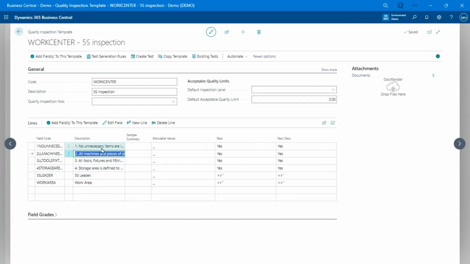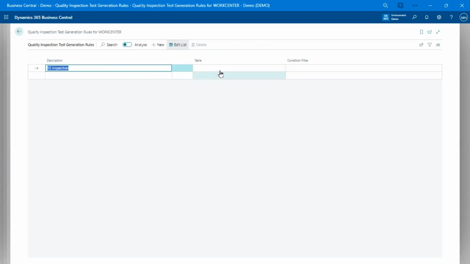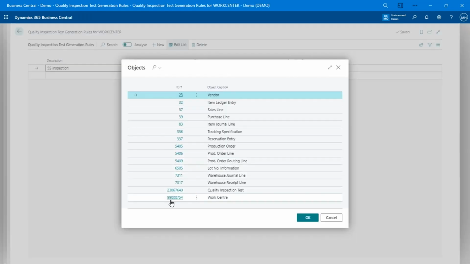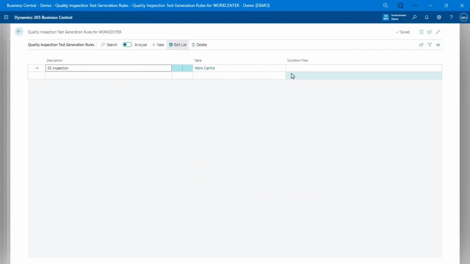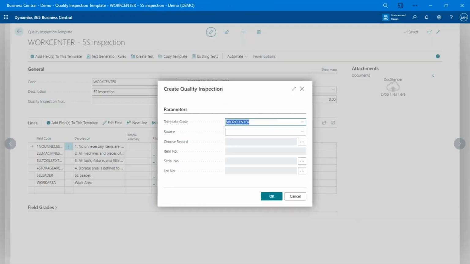Okay. Now, in order to fill in values for this test, I'm going to have to go in and tell it what this test applies to. So I'm just going to come in here. On the table, I've added Work Center, so I can assign this test to a Work Center. Again, I could set a filter here to choose a specific Work Center to assign that test to automatically. If I was on the Work Center card, I could hit a button with Power Automate, and it would automatically create the appropriate test for that Work Center. I'm just going to leave that blank. We don't really care. And now I've got that all set up and I can actually create a test.